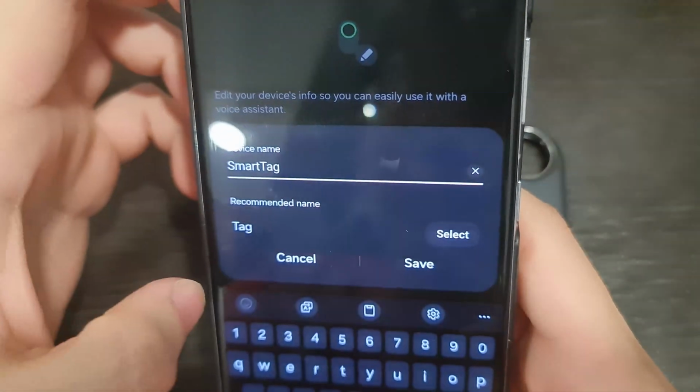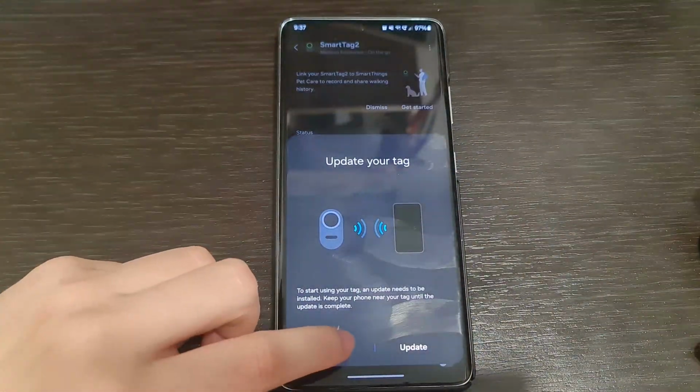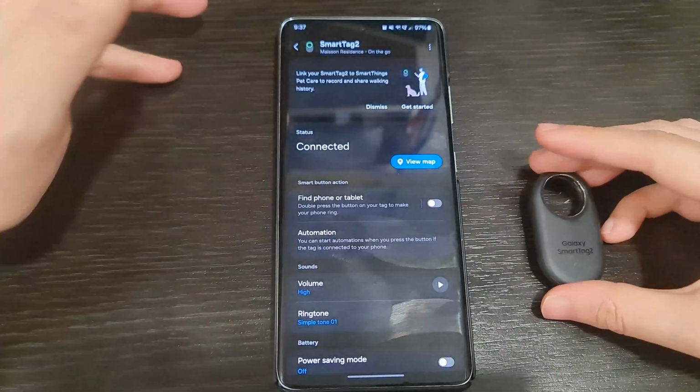So I was gonna call this SmartTag2 because I have another tag already. Alright, it says firmware update. We're gonna do it later. So let's take a look at some of the features that we get